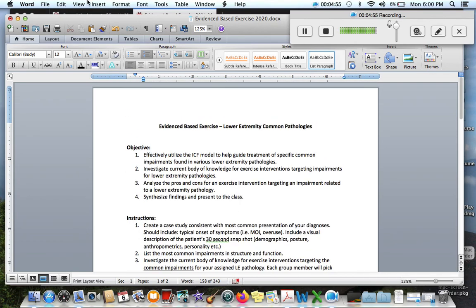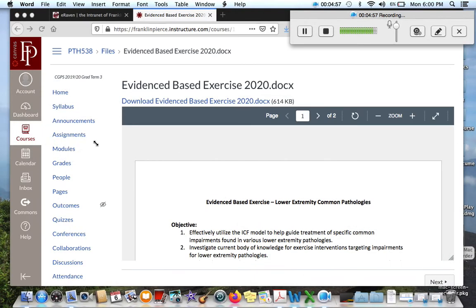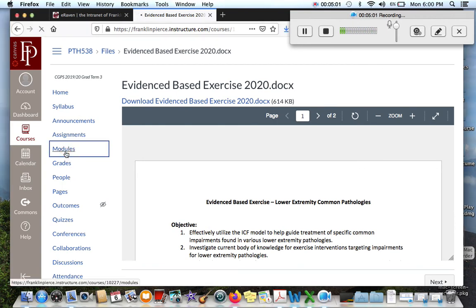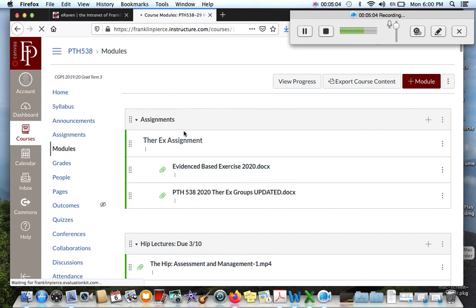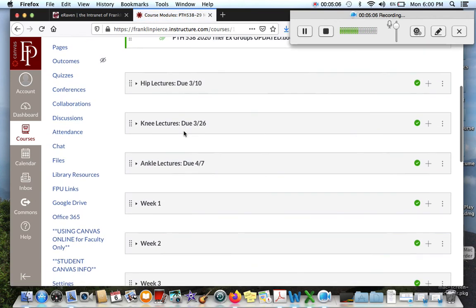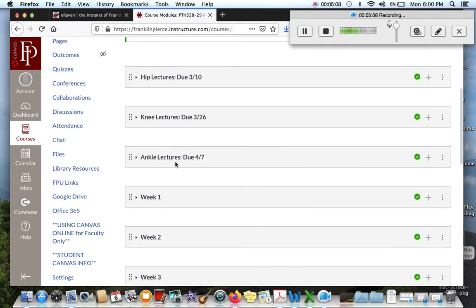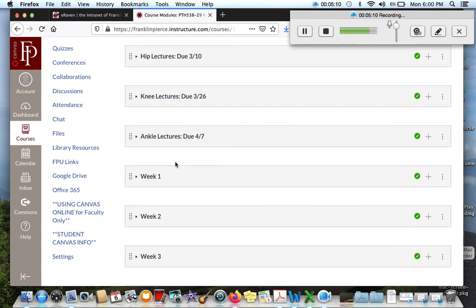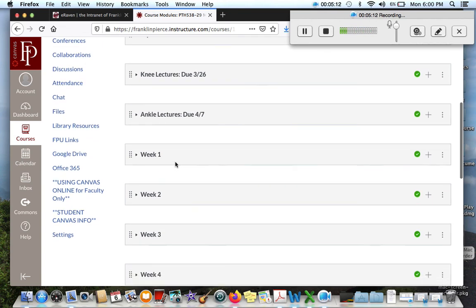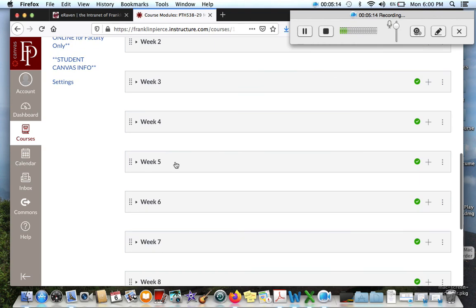Besides that, we will have the lumbar content with the due dates posted under modules in the next 24 hours or so, so it will fall underneath everything else that's already there. Focus on your ankle stuff now. Know that there's probably a post-op ankle exercise video coming in the next week or so as well, and I'll post an announcement for that.